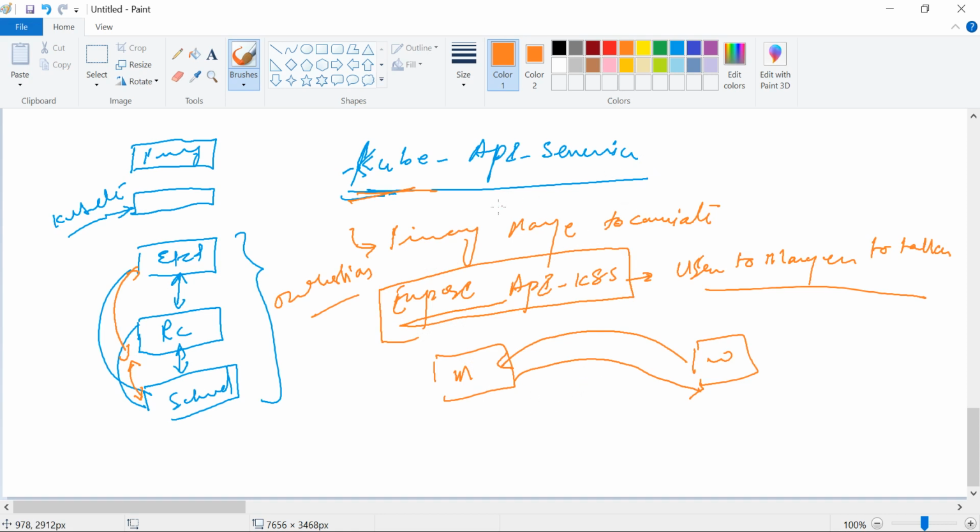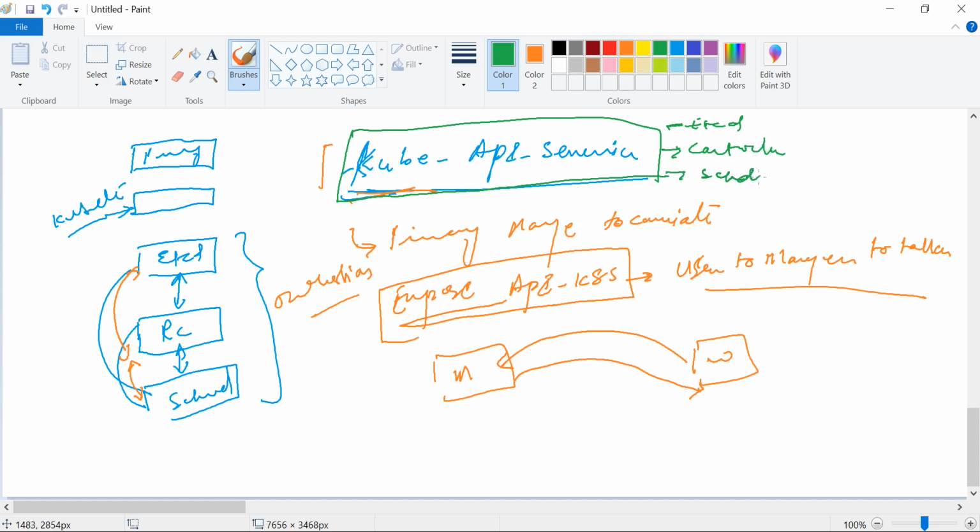So the Kube API service is very important, and it is deployed only on the master node. In the master node we have the Kube API service, which talks internally to etcd, the controller, and the scheduler. These communicate via the API internally, and externally it communicates with the kubelet.